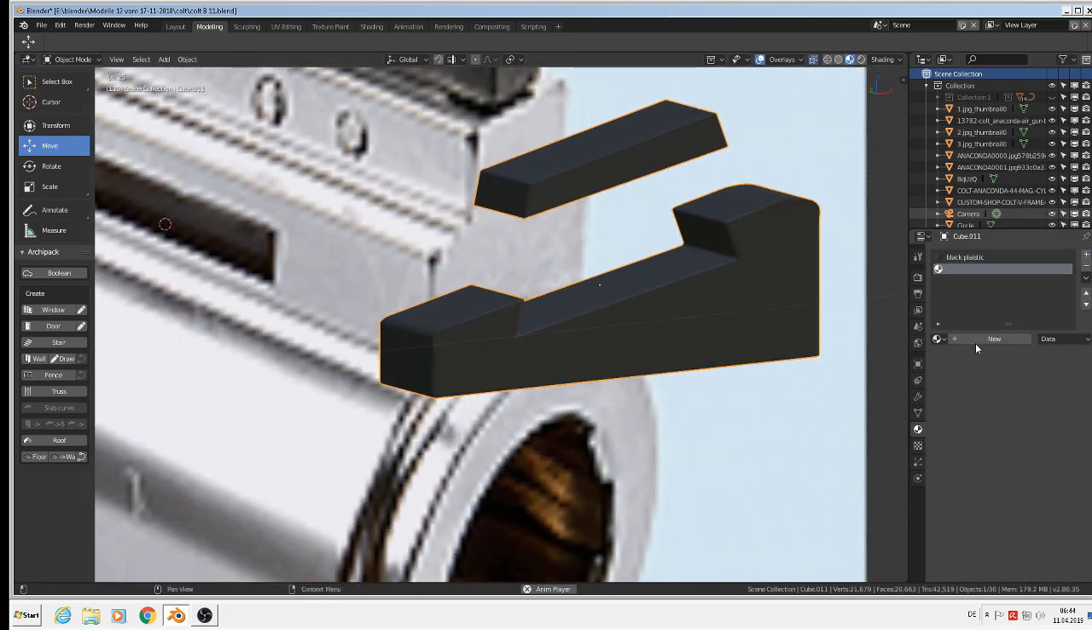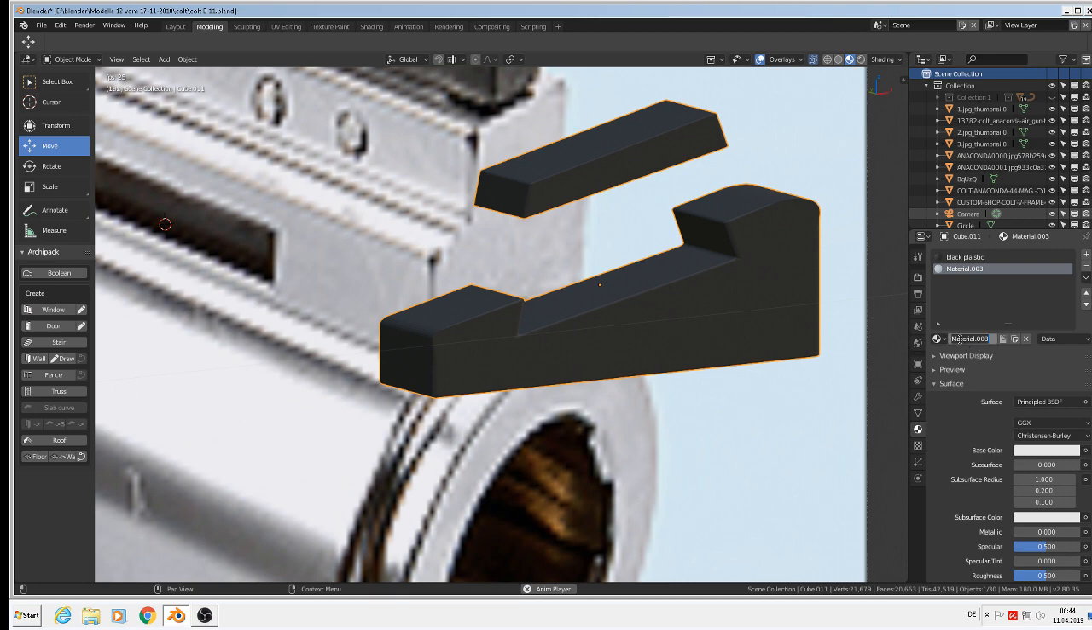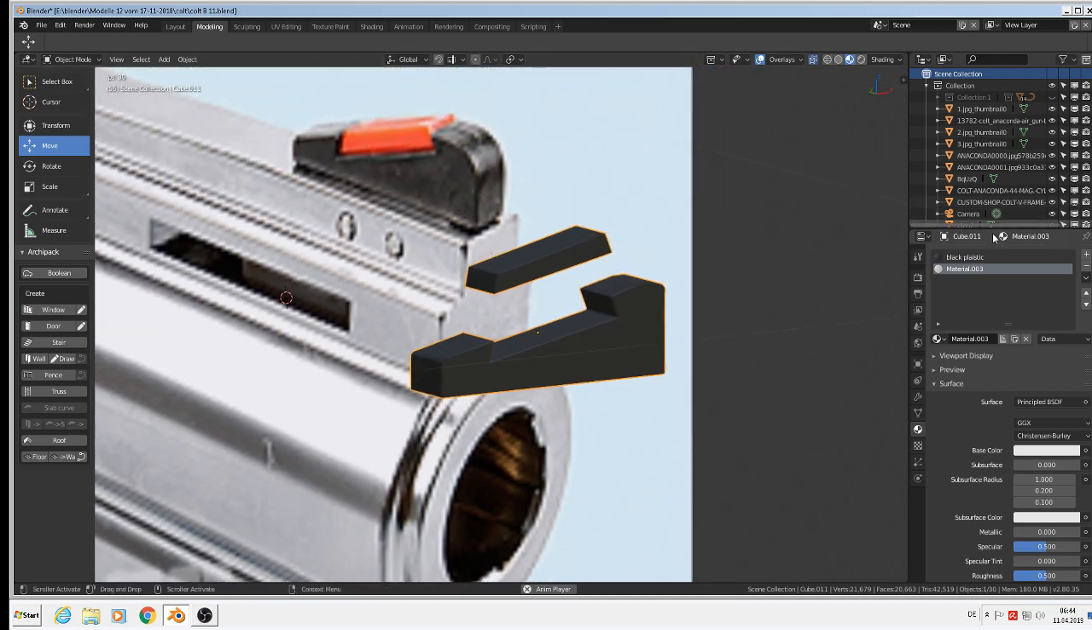Then we take a plus, new material, and call it, is it orange or is it red? I don't know. Orange red. So we call it red plastic. Take here the pipette and get this color, so we have the same color. Then we give them the same roughness as the plastic. The plastic was 748, so here 748, and then we can